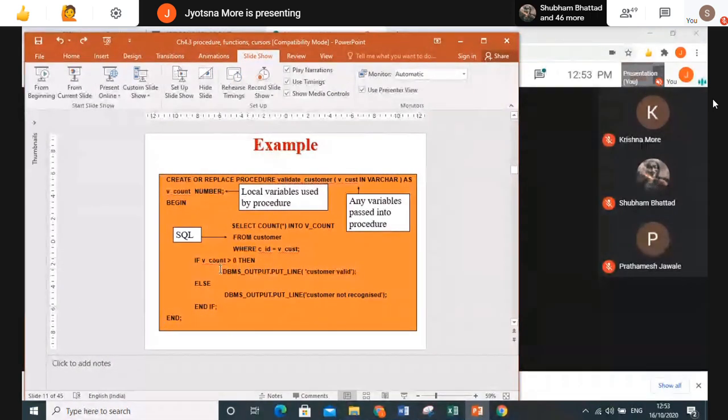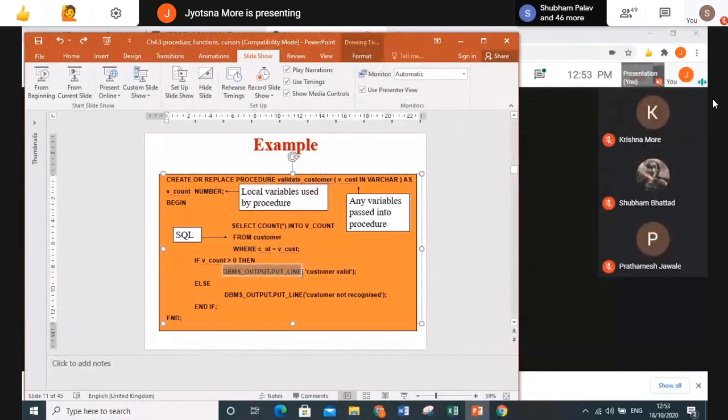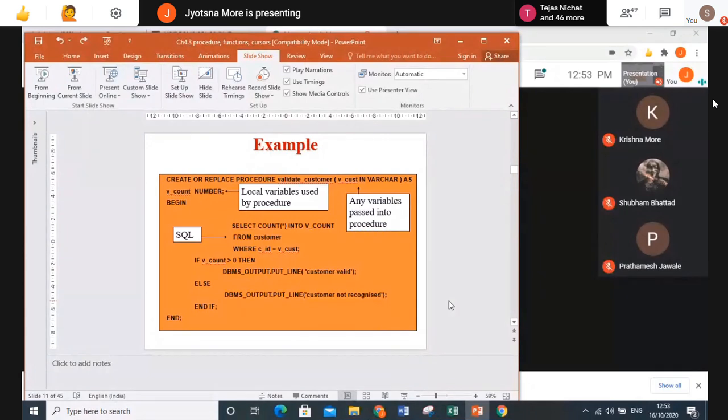So here we have used dbms_output.put_line. All these words together are used to print whatever statement we want to display on our output screen. So remember dbms_output.put_line. In the exam, if this question is asked, you may get confused whether the underscore is here or there. Don't get confused, just learn whatever syntax is there. So this is used to display the output.